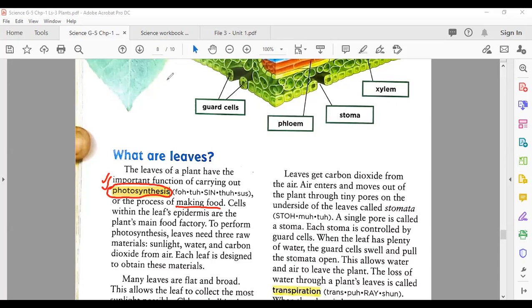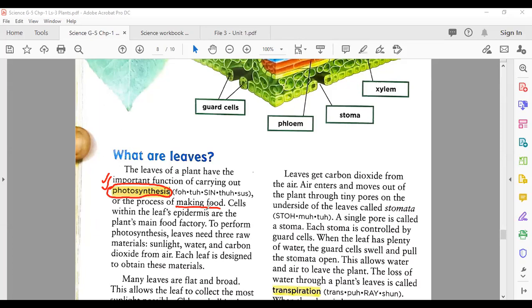Yes, Mr. Salah. Yes, my dear. I didn't understand the photosynthesis. Okay, I'm going to explain again. Listen to me carefully. There is a process in the plants. With the help of this process, named photosynthesis, plants can make their own food.